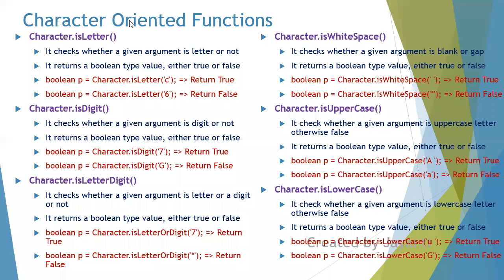Asterisk. When you want to skip special characters from your strings, that time you are supposed to write is letter or digit. Special characters can be anything: dollar, hash, at the rate, ampersand. Got it? So is letter or digit is just giving you only the alphanumeric. You are right, Pranav. When you want only alphanumeric, then you can use only this. For other special characters, this can skip it.